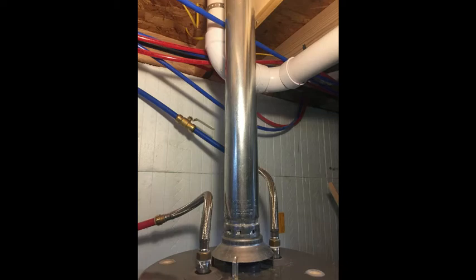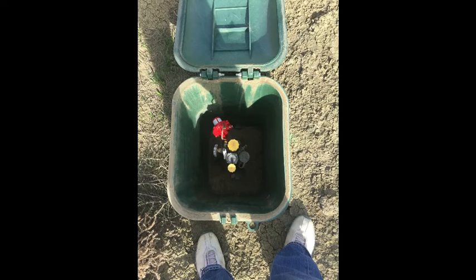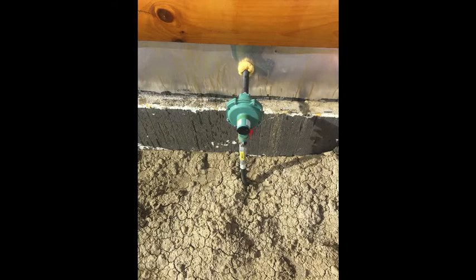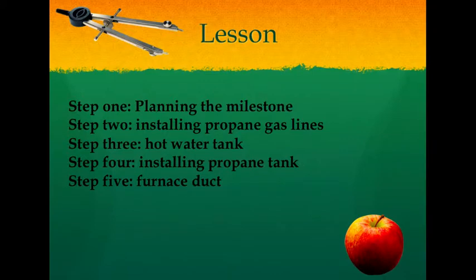Well, now that your hot water tank is installed and your gas lines are installed and the plumber has pressurized all the gas lines up to 20 psi, it should be able to hold pressure for about 20 minutes in all your gas lines. Your plumber will know how to do this. And if it does hold that pressure for 20 minutes in all your home's gas lines, then wave goodbye to your plumber because he's done. Step 4,